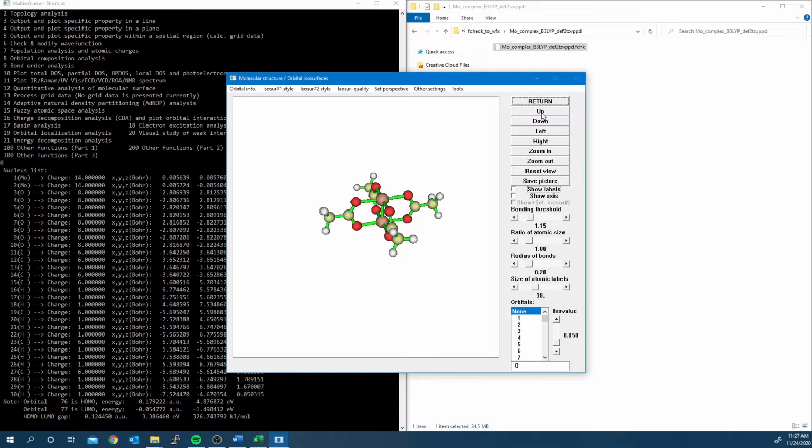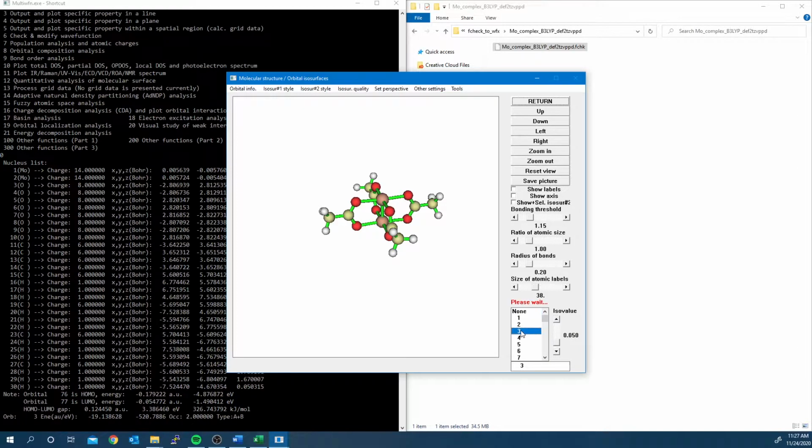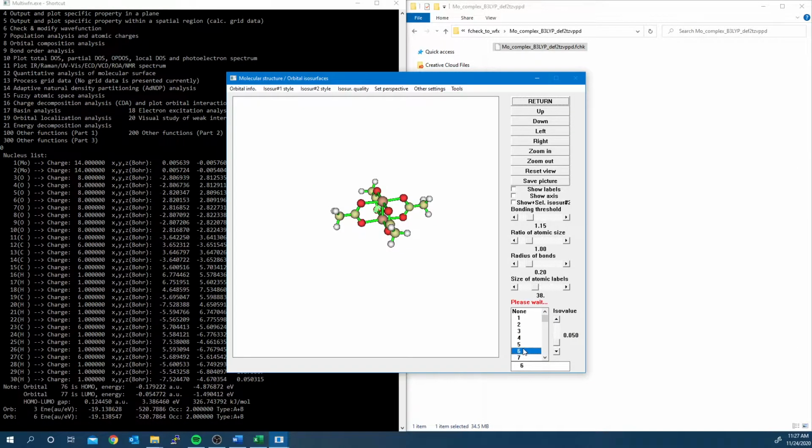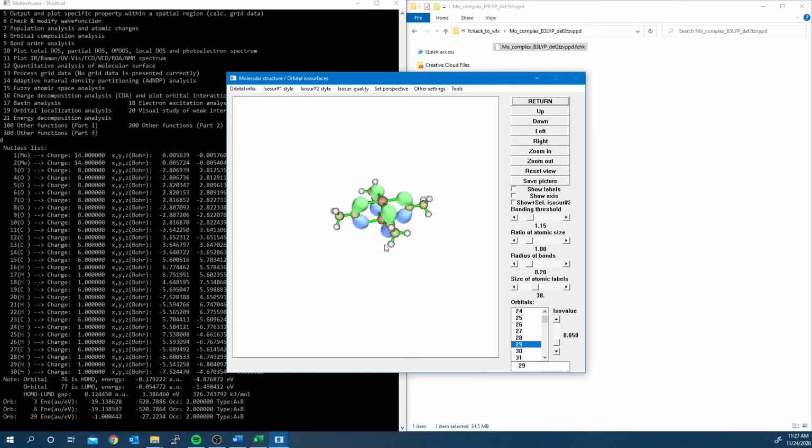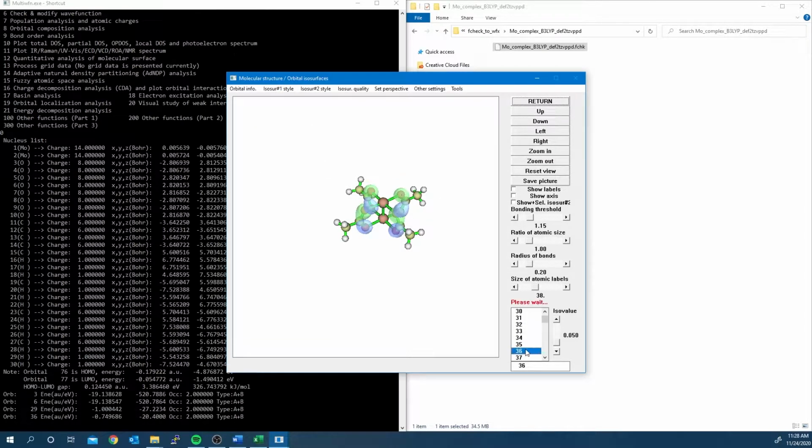On the Orbitals box, you can choose an orbital and a representation of it appears on the window. For better visualization, you can choose the isosurface of the orbitals. The options include solid mesh, mesh, points, solid phase and mesh, and transparent phase, among others. Adjust the view for an optimal capture of the feature you want to show, and save the picture. Hit return, and the window is going to close.